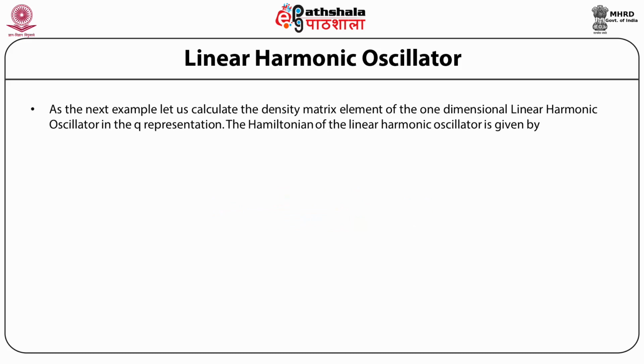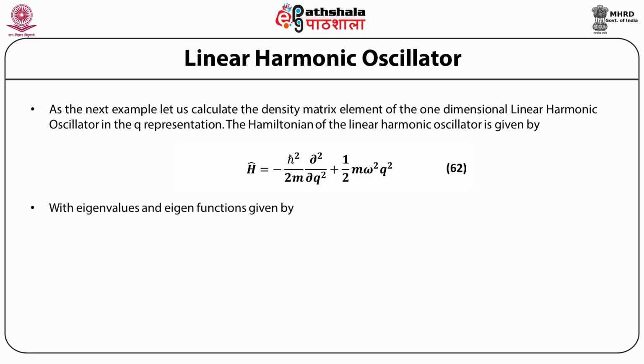As the next example, let us calculate the density matrix element of the one-dimensional linear harmonic oscillator in the Q representation. The Hamiltonian of the linear harmonic oscillator is given by the Hamiltonian operator H equal to minus h bar squared by 2m ∂²/∂q² plus half m omega squared q squared, with eigenvalues and eigenfunctions given by E_n equal to (n plus half) h bar omega, where n is equal to 0, 1, 2 and so on,